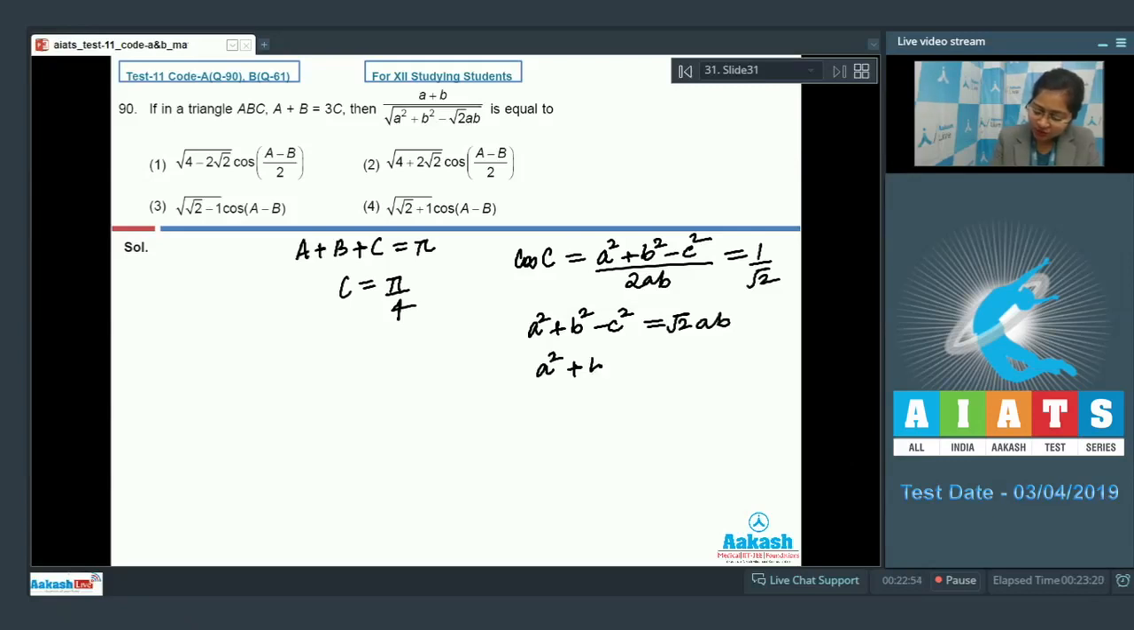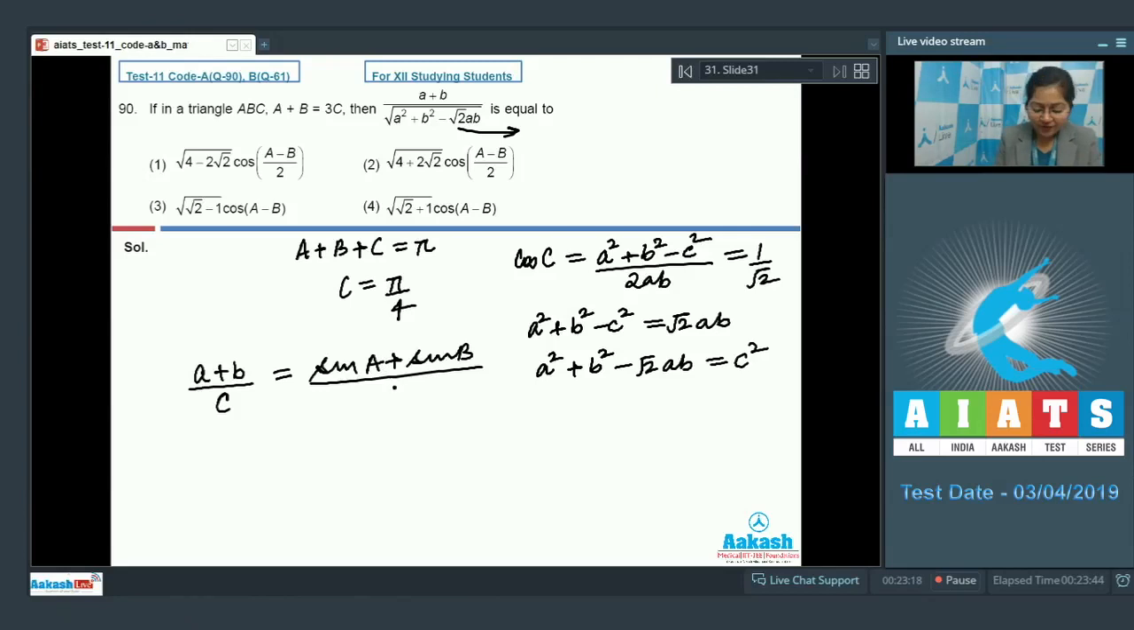Now in the question, a term has been given like this, that is, a square plus b square minus root 2ab equal to c square. Now we have to find the value of a plus b upon under root of this value, which can be written equal to c. Now by sine rule it can be written as sine A plus sine B upon sine C. Sine C is equal to sine of pi by 4, that is 1 by root 2. Now sine C plus sine D is equal to 2 into sine of (A plus B) by 2